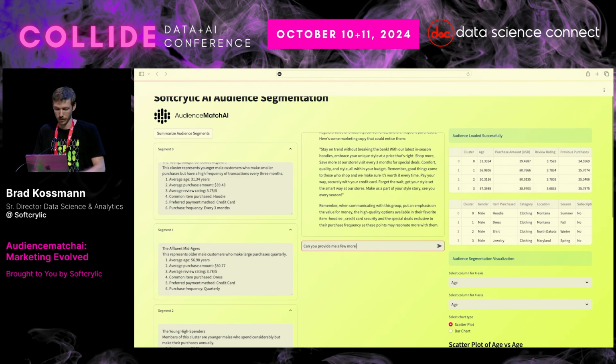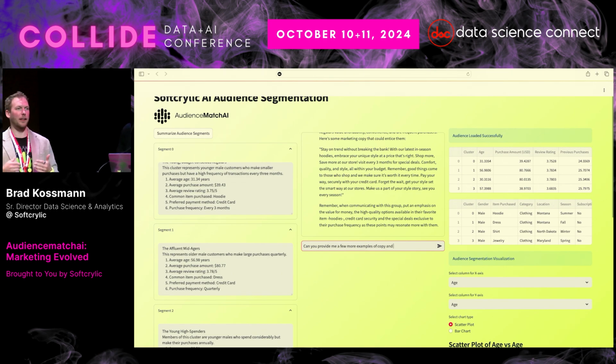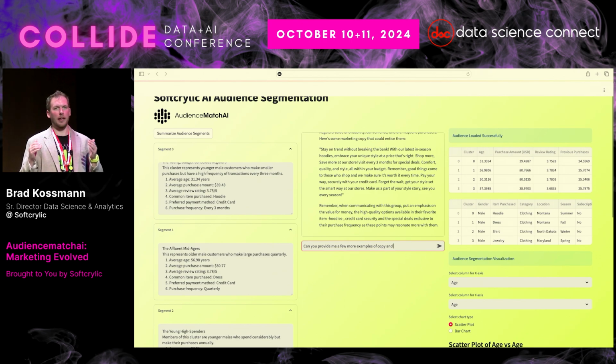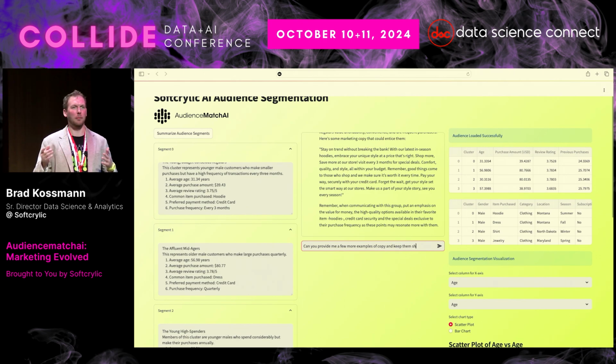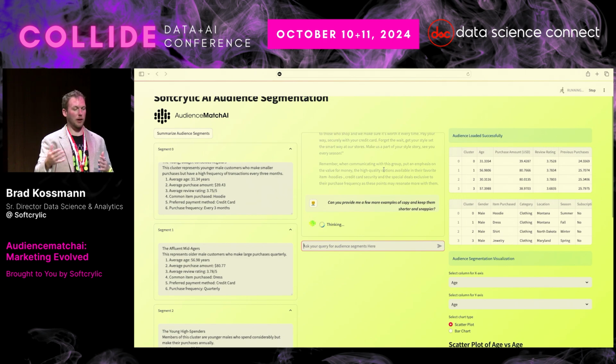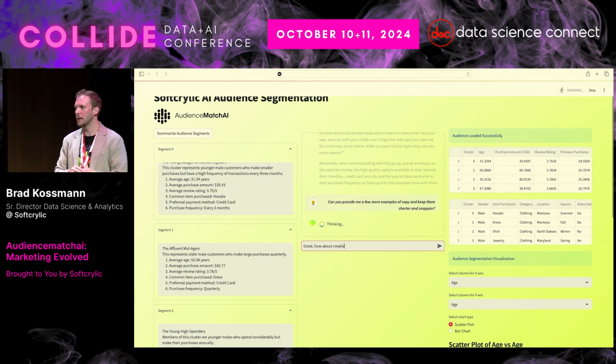It's actually something on the near-term roadmap: we're going to start building in performance data as well. And what that'll allow us to do is say, like, this email campaign's click-through rates are down 5% for this segment. Why is that? And in our experimentation, that kind of analysis has come back very, very strongly through the Gen AI, basically saying, these are seasonal shoppers, or these are shoppers that like hoodies, and you were messaging the wrong thing at the wrong time. And that's a huge time saver.